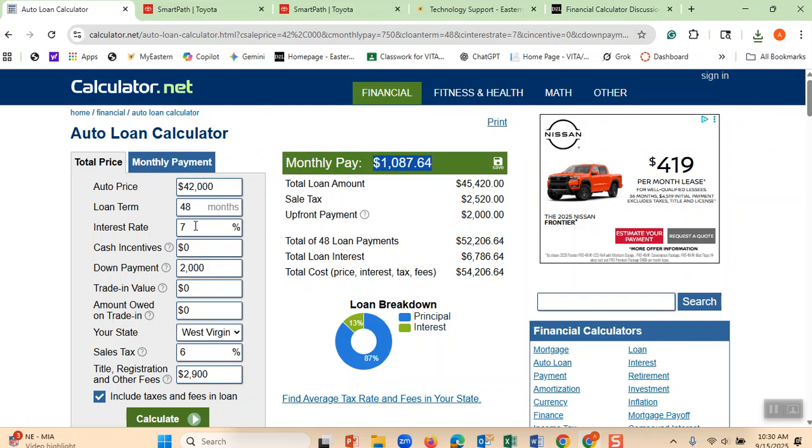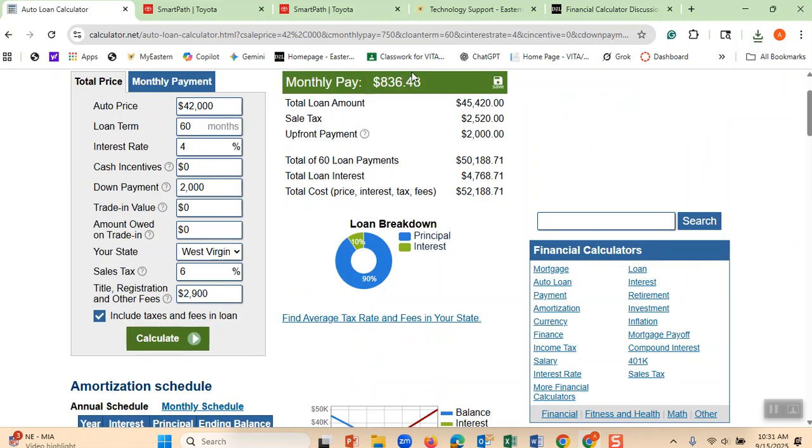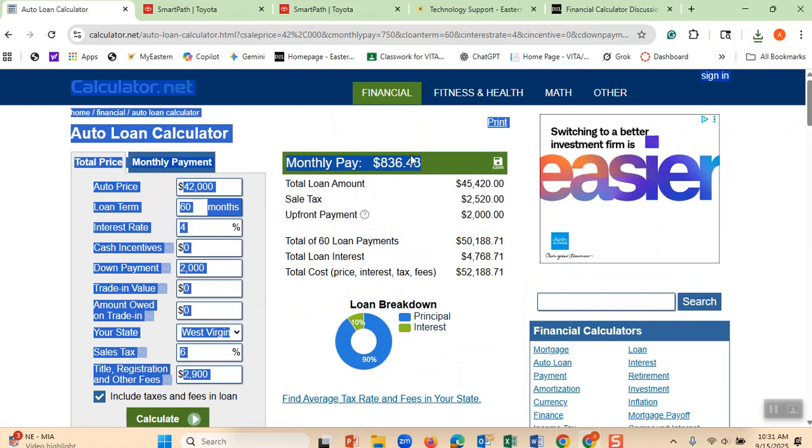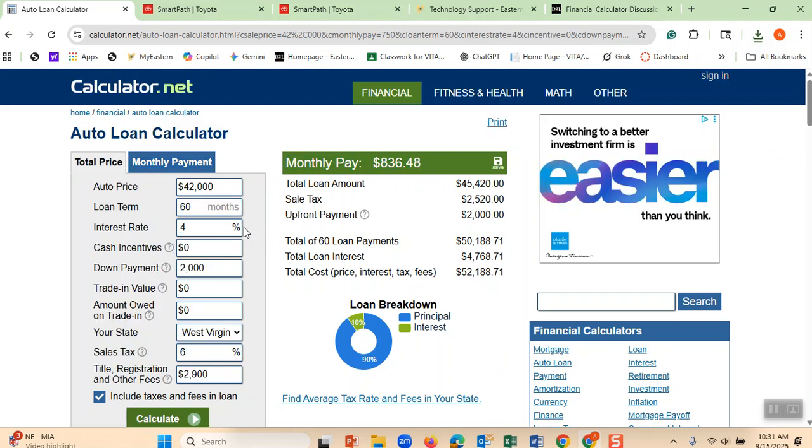I cannot afford it. Rather than going to that bank, you go to another bank, for example. The purpose of learning this calculator is that you change your interest rate. Another bank comes and says they want to charge you a 4% rate. And then because you don't have that much money, you want to finance it in 60 months. And then you click calculate. Do you see your payment drop to $86? This is the purpose of